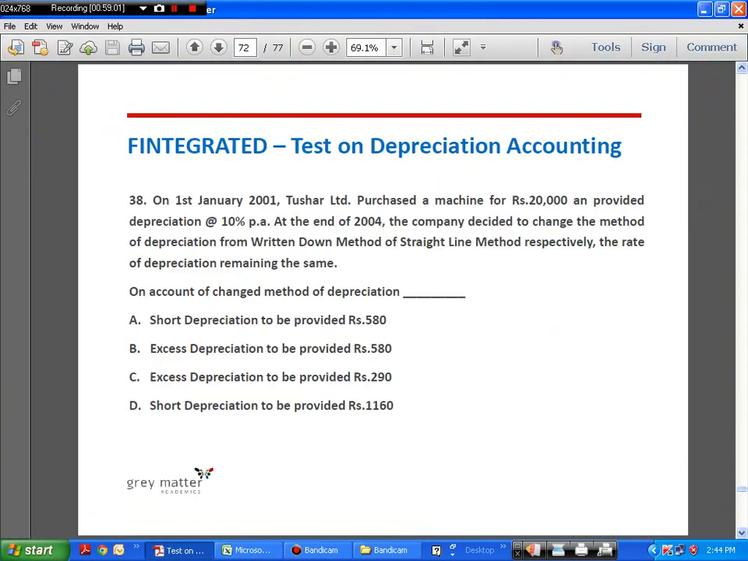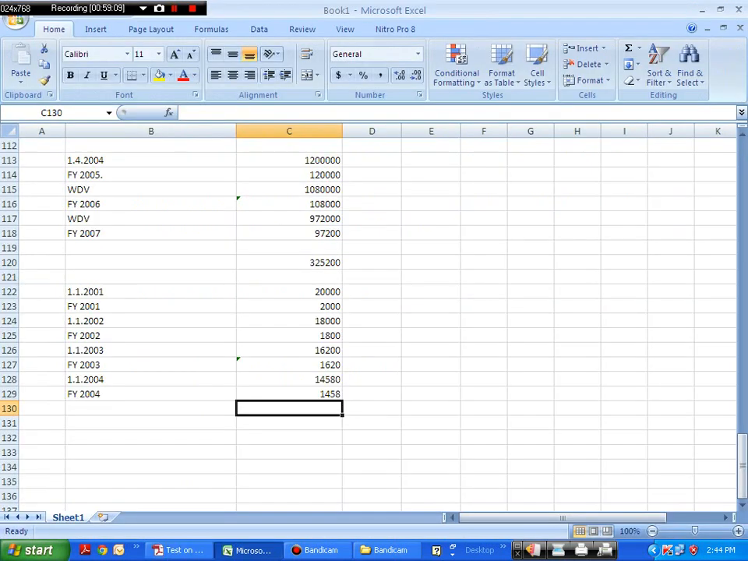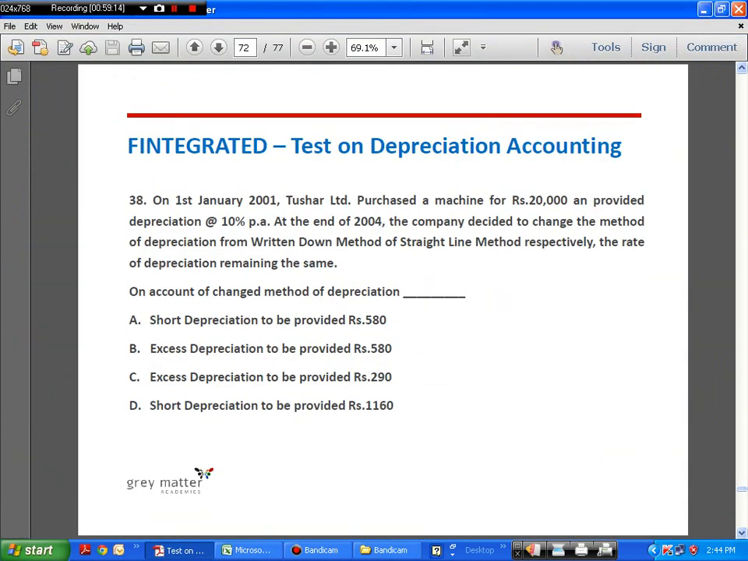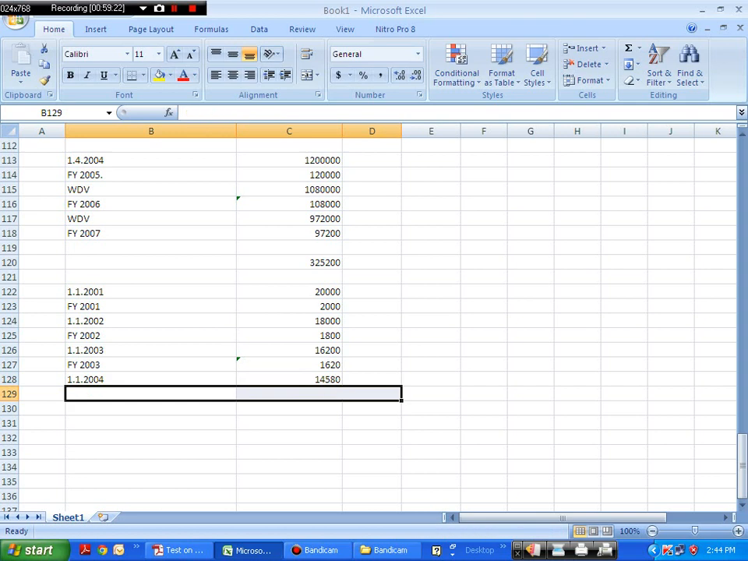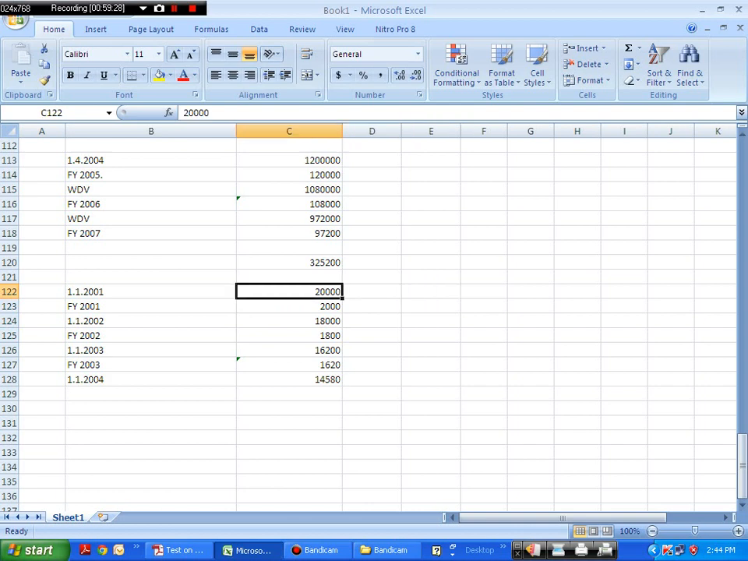Next, they want to change the method of depreciation from the written down value method to the straight line method. So depreciation under straight line method. At the end of the year they want to change it, which means that let us stop here. So we have to depreciate this asset under SLM method for 1, 2, 3 years. So it will be 20,000 into 10% for 3 years,